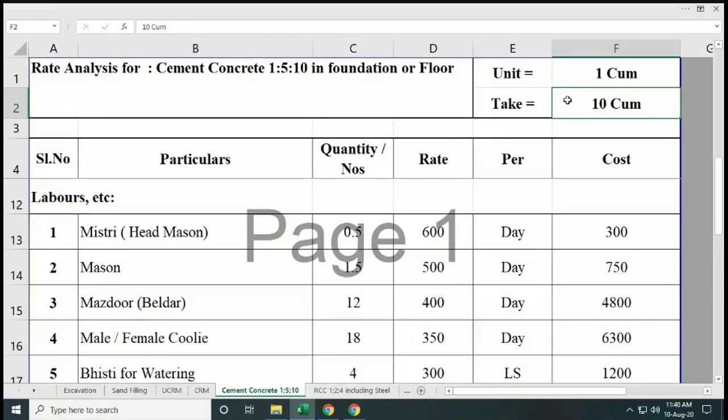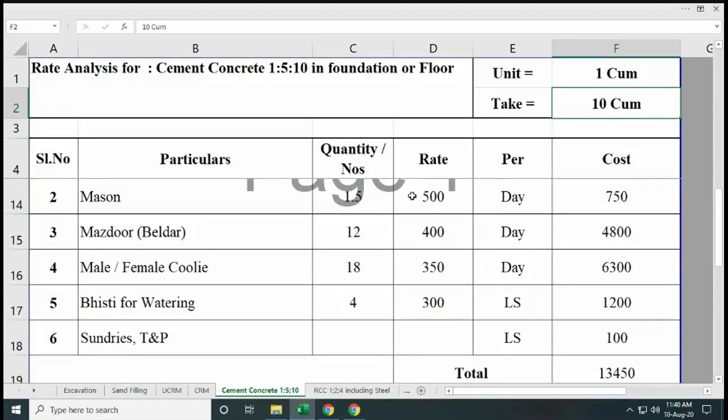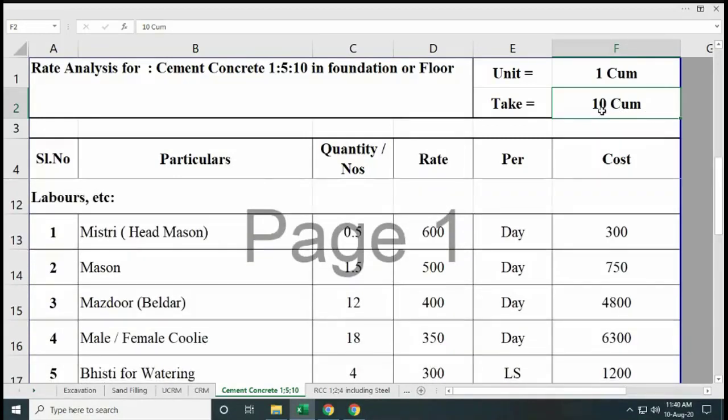If you do it for only 1 cubic meter, divided by 10, 0.15 is required. So 1.2 is required, 1.8 is required. In that case these numbers will be very small, so we will not get the exact idea of the exact cost. You are going to round it off to somewhat higher values, so it becomes very difficult to calculate these numbers. So generally we take some certain higher value, for which it is easy to calculate how many numbers are required.